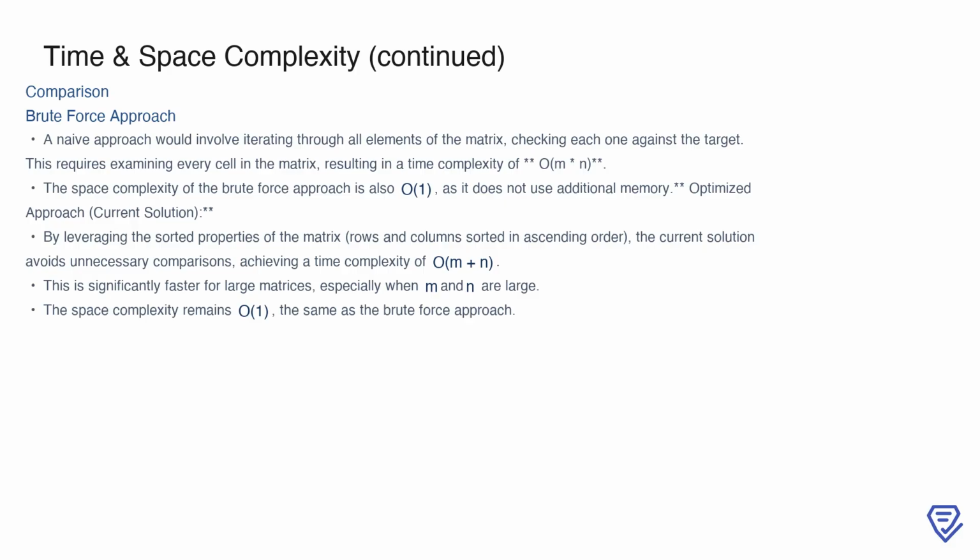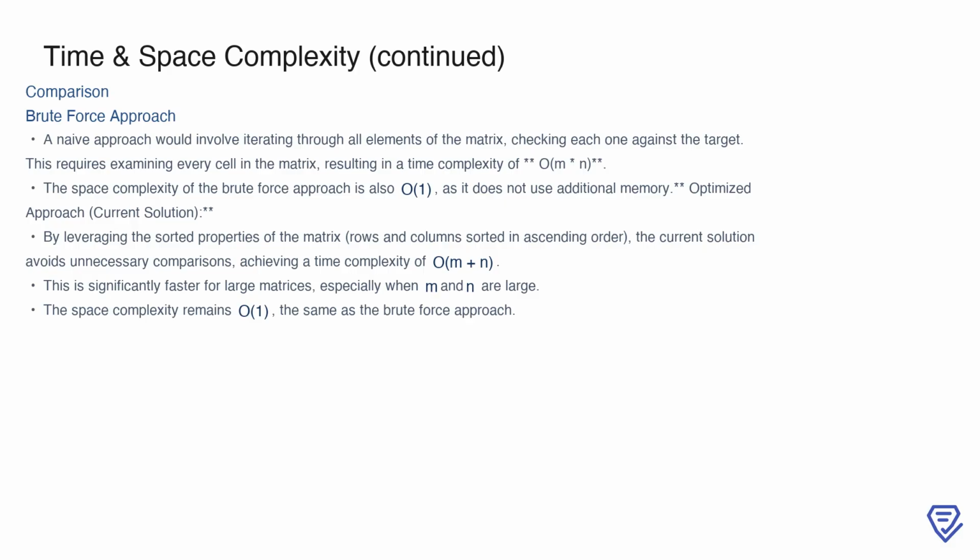However, the optimized solution takes advantage of the matrix's sorted properties. By starting at the top right corner and strategically eliminating rows or columns based on comparisons, it reduces the time complexity to O(m + n). This improvement is significant for large matrices, where the brute force approach would require far more computations. Notably, both approaches share the same space complexity of O(1), but the optimized algorithm is far more scalable due to